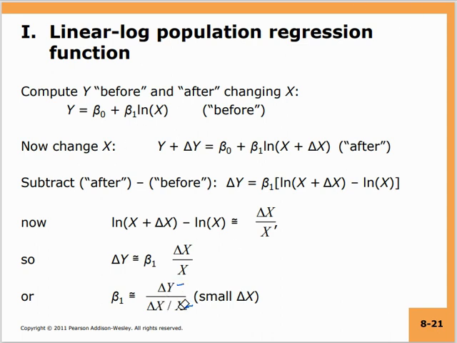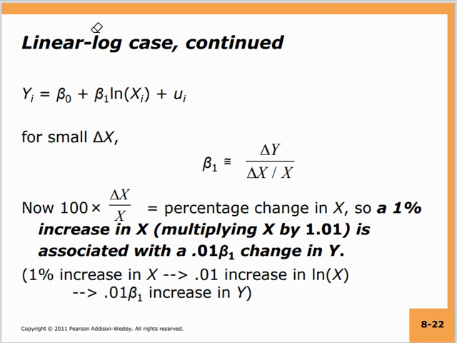That is the interpretation of beta 1 in a linear-log case. So in the linear-log case, for small changes, 100 times the change in x by x is the percentage change in x. So a 1% increase in x, that is multiplying x by 1.01, is associated with